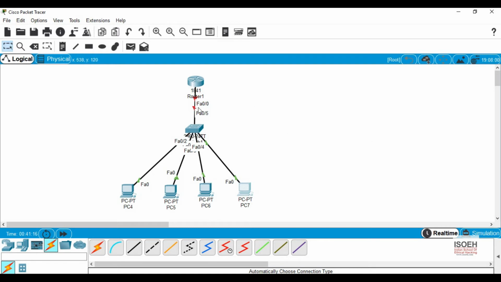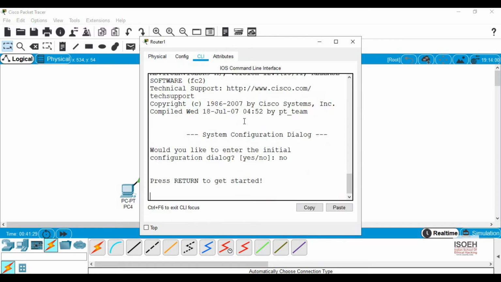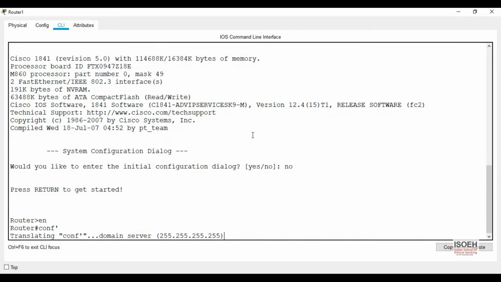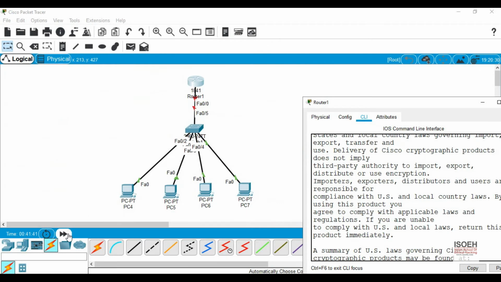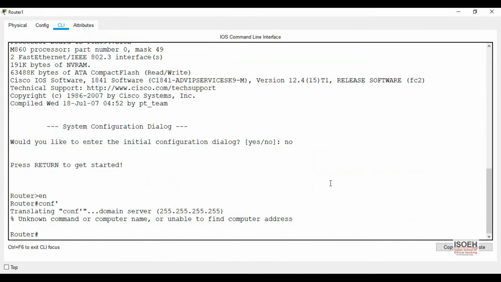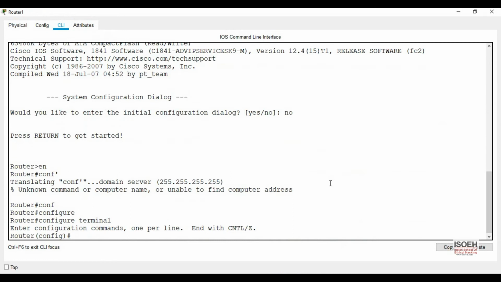So we need a router and a wire connecting with the switch. You need to see the port at which it is connecting. So go to the router. Enable, configure terminal.